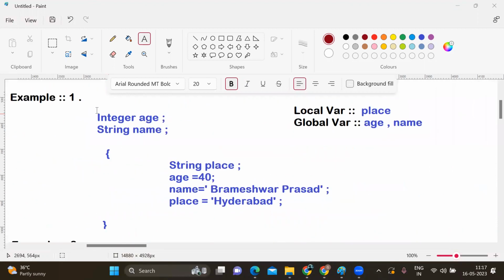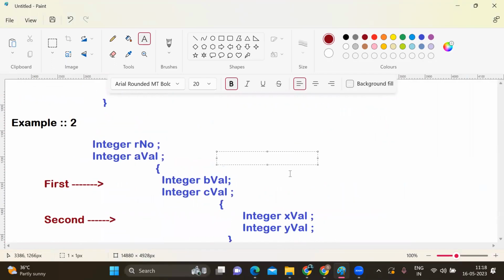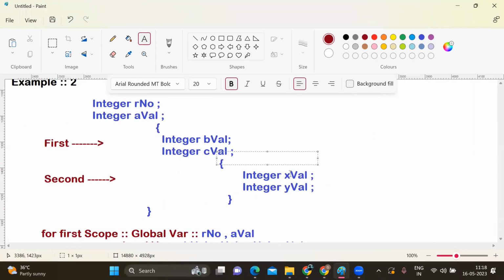Okay, so it's the example one. I'm starting scope from here, and there are two variables, age and name, and here there is one variable, place, and I'm assigning the value. So here age and name are the global variable, and place is the local variable. Okay, if we have two scope,